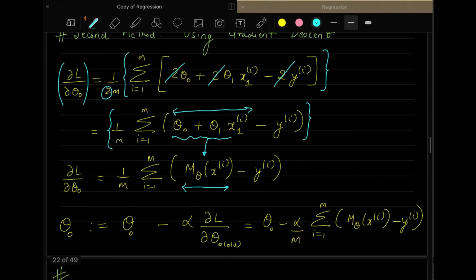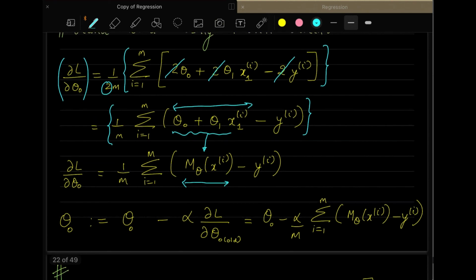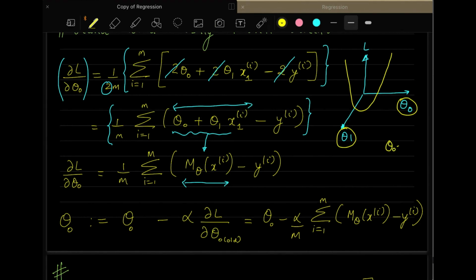Now when we use gradient descent on theta 0, the loss function is basically a function of two variables at this time. In our earlier explanation, we took only one variable. So the loss is now a function of two variables, theta 0 and theta 1. If the loss is a function of two variables, then you have to take gradient descent on each of these parameters, theta 0 and theta 1. Earlier, for explanation, I was using theta 0 equal to 0, so our loss function was a function of theta 1 and I was doing gradient descent on theta 1.